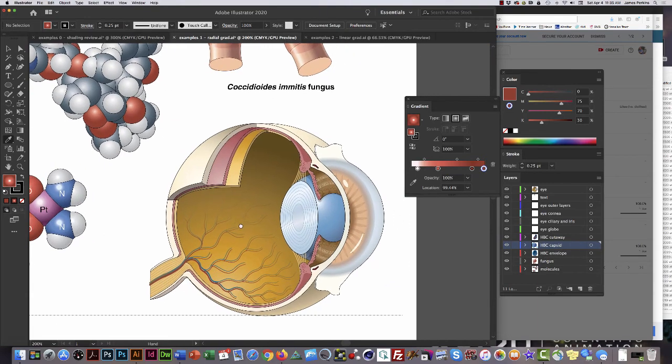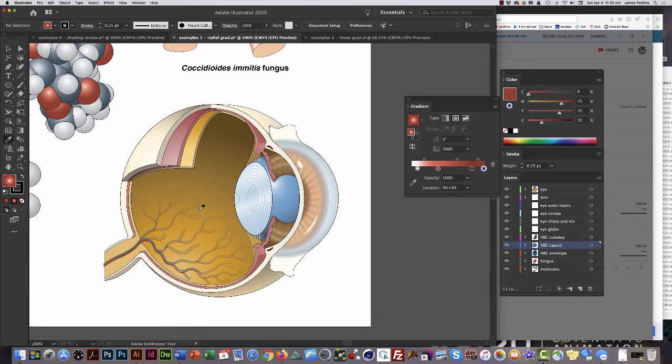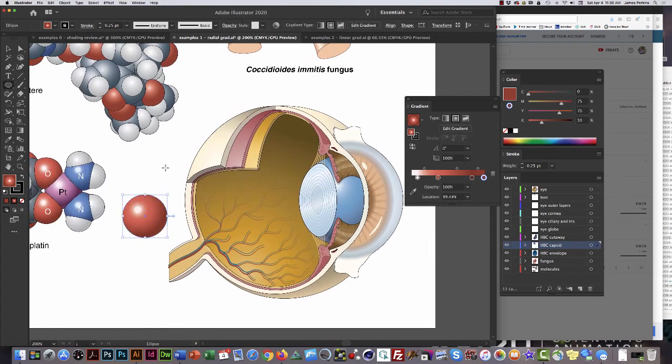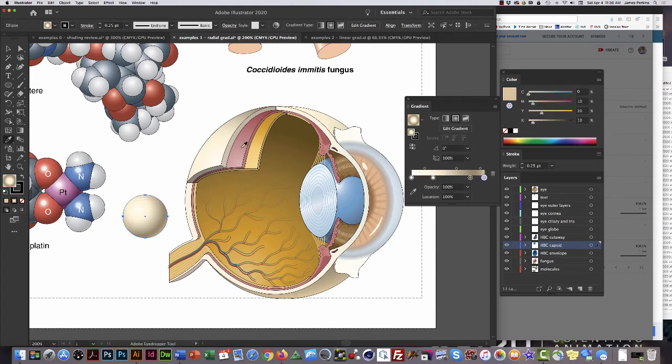And then this eye over here actually contains a number of different radial gradients. Let me create a separate little sphere here so that you can see what these gradients look like. I'm going to pick up my eyedropper tool. There's a radial gradient for the sclera at the very outside of the eye. There's a radial gradient for the choroid, which is the vascular layer of the eye, and a radial gradient for the outer surface, this little piece of the retina that's visible. There's also another gradient for the inside of the retina,